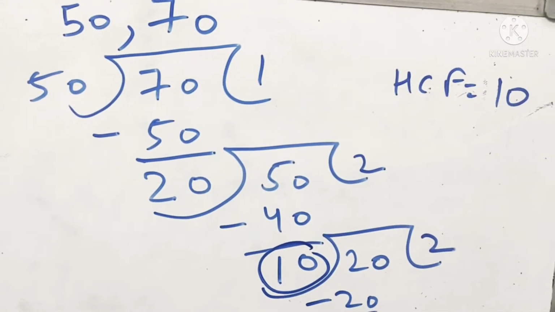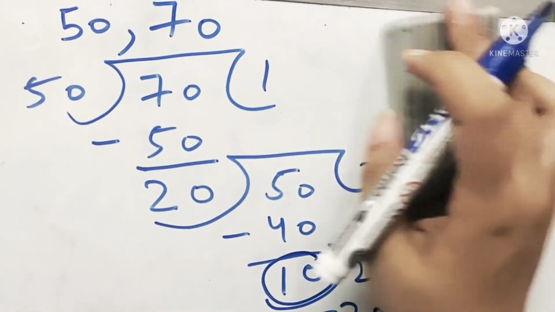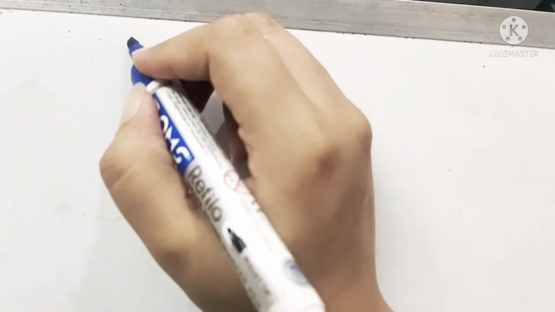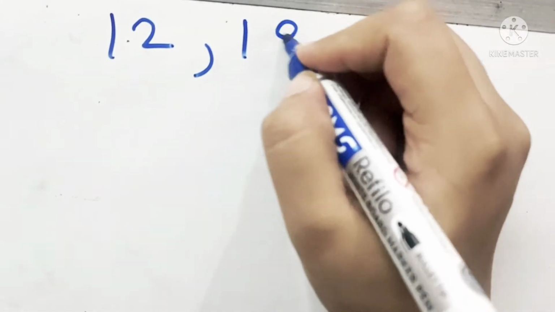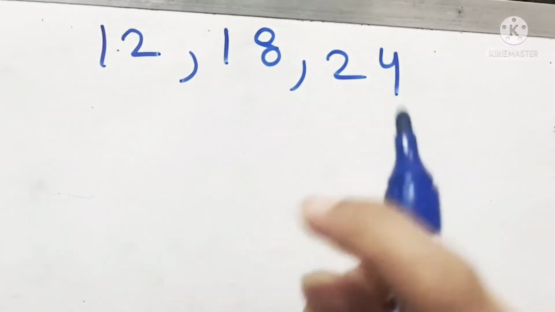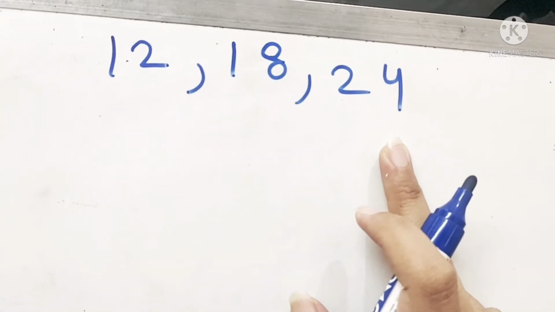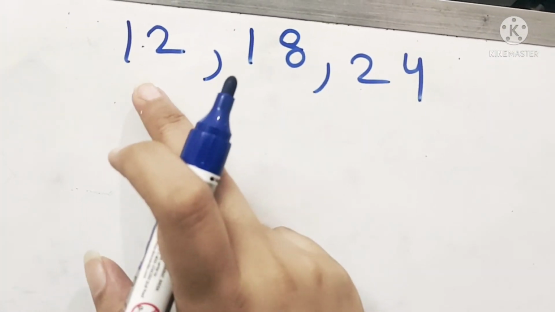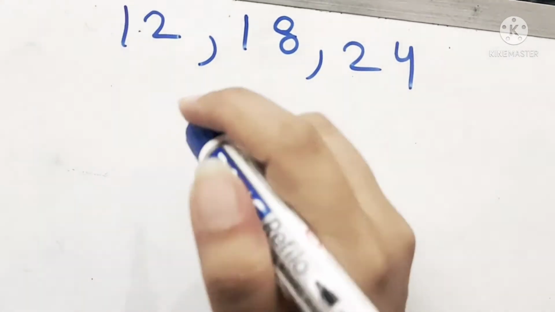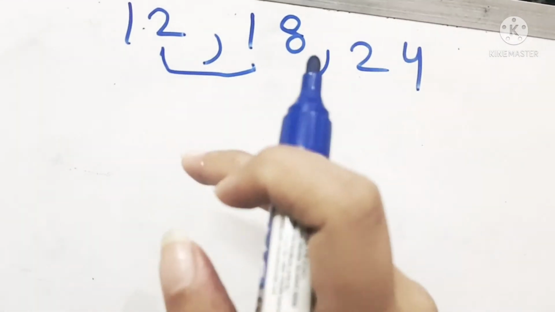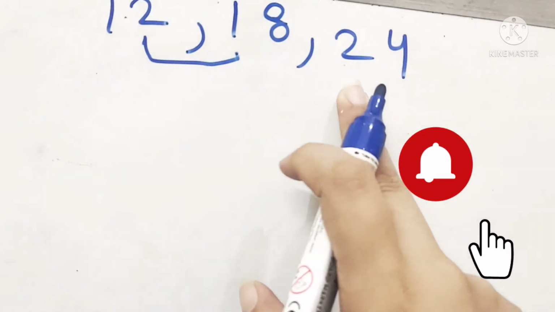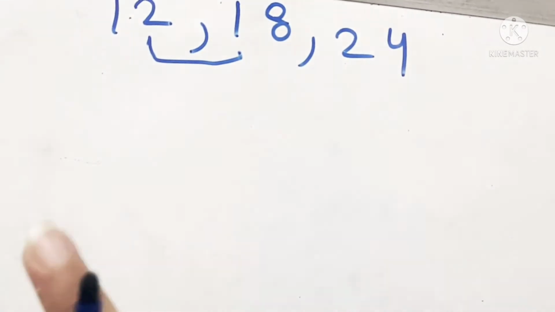So these three examples we have taken for two numbers. Now the next example which I am going to take is based on three numbers. In the same way, if we have to find the HCF of three numbers now instead of two numbers, like suppose if I take three numbers as 12, 18 and 24. Now I have to find the HCF of these three numbers using long division method only. Then what I will do is first I will follow the same process which I told you for the previous examples for first two numbers, and whatever HCF I am getting, I will take that HCF with the third number, and that will be my final answer.